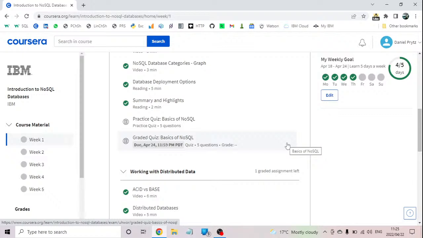ACID focuses on write before read. So, ACID model used by relational databases ensures transactions. Let me first make my notes here. So ACID, I would say,